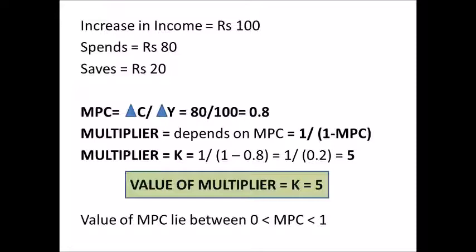That is, when an individual spends 80% of their income on consumption, the investment leads to 5 times increase in national income. So, if the government invests rupees 1000 crores, the income generated will be rupees 5000 crores. Multiplier and MPC are positively related. As in, when MPC is high, that means multiplier effect is also high. You can try it out by applying different values for lower MPC and check the multiplier values.